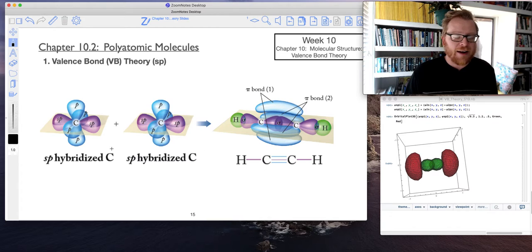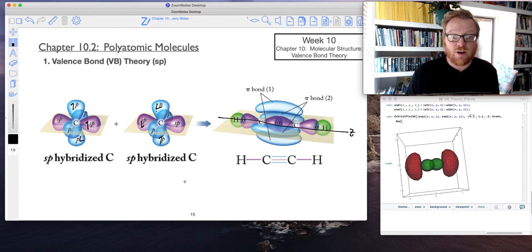So if I'm looking at this acetylene, then I know I've got an electron here in the sp, and I've got an electron here in the sp. Those form together to make my sigma bond, down my internuclear axis. But now I've got an extra electron up here, an extra electron up here, an extra electron up here,